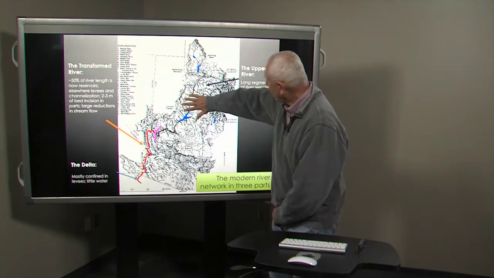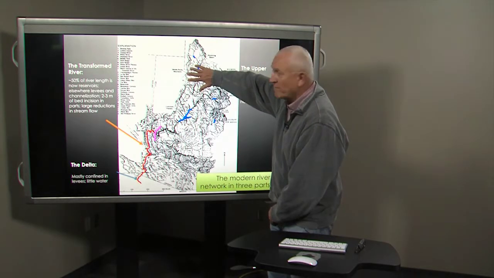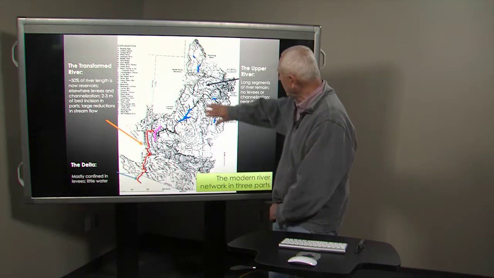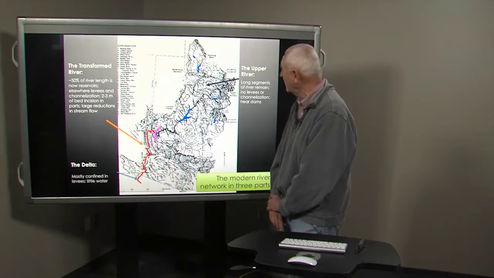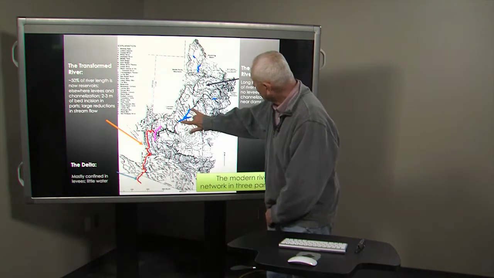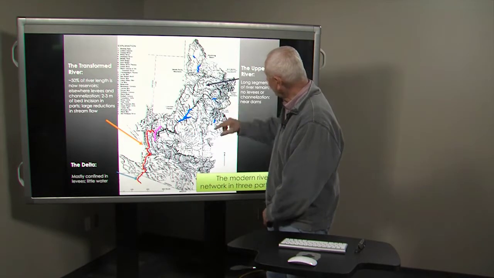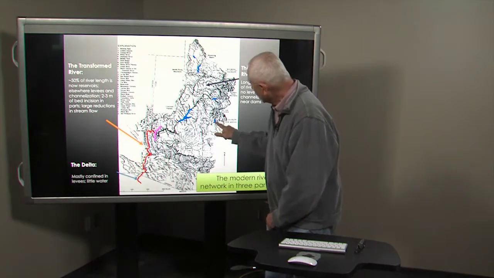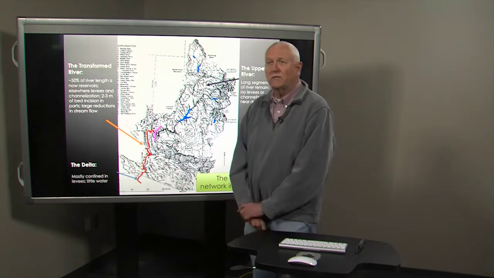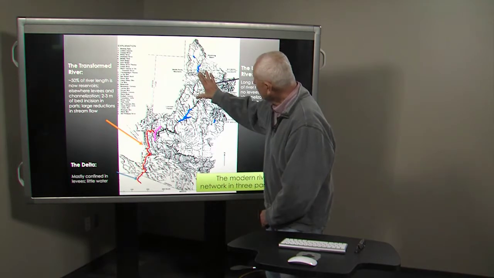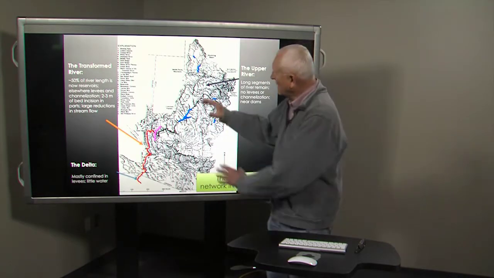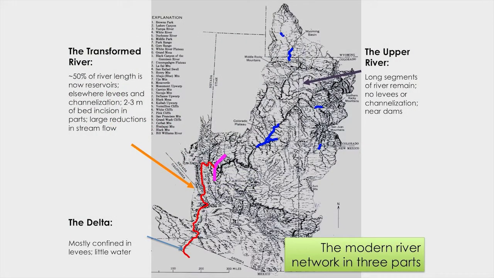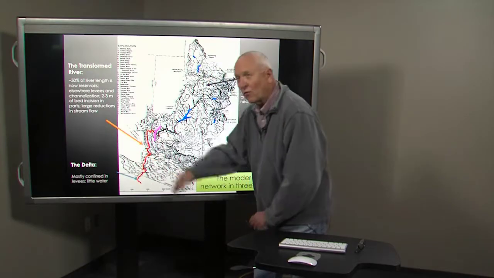Grand Canyon, Canyonlands, the Uinta Mountains and Dinosaur National Monument, Black Canyon of the Gunnison National Park, some large reservoirs, Lake Powell, Flaming Gorge, the Aspinall Unit, Navajo Dam, but still long sections of free-flowing rivers between those reservoirs. And the restoration challenges are very different in this relatively wild part of the river, this transformed section of the river,